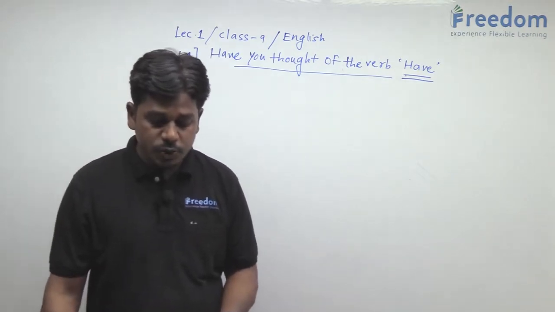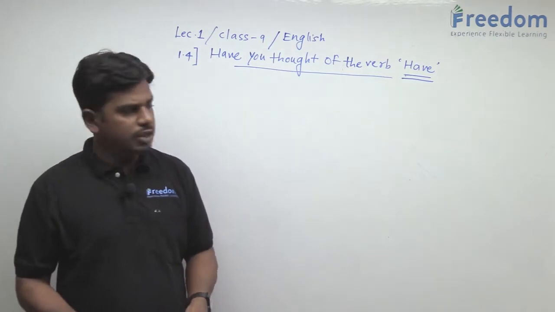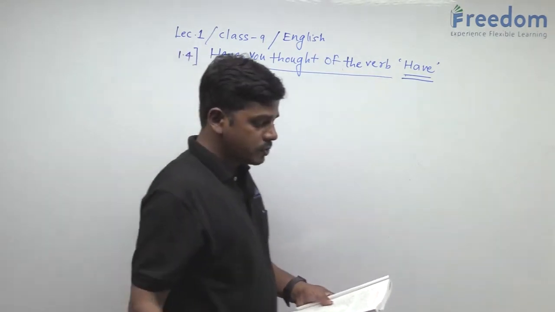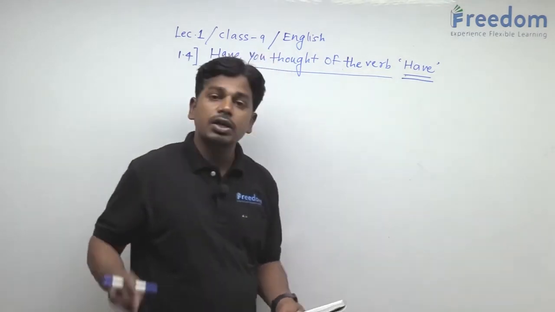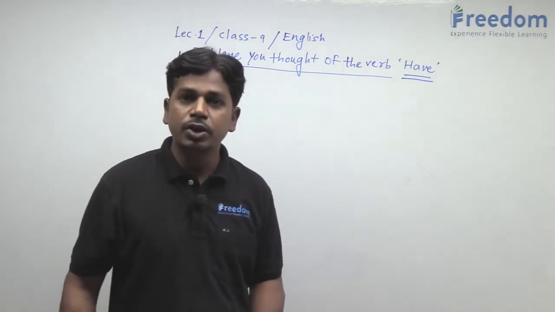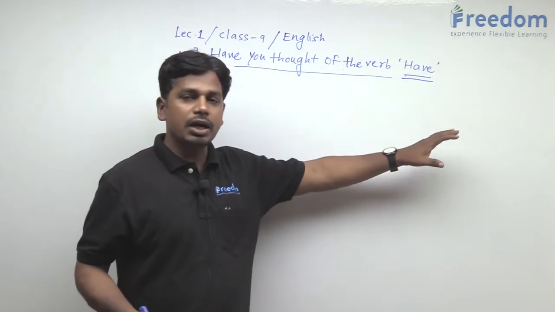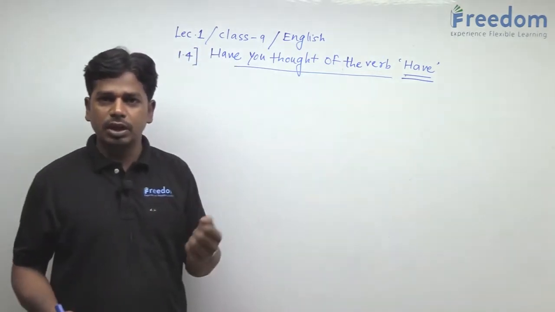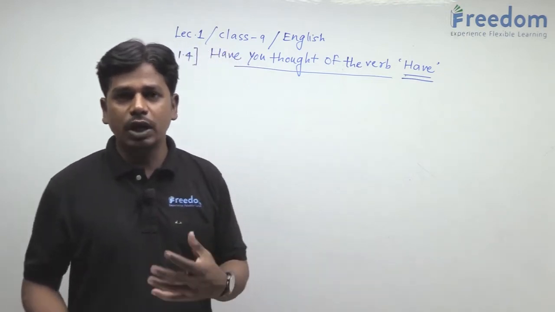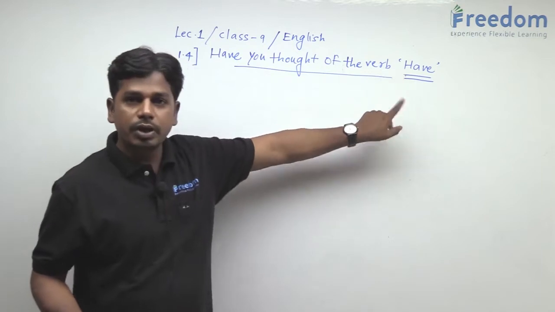So how many times do you use the verb have in your conversation? So it begins with how many times do you use the verb have in your conversation? So हमारा जो conversation है, जो हमारी जो बातचीत है, in that conversation we most of the time क्या करते हैं, that I have this thing, I had that thing. So when we say this one, तो क्या होता है कि इस वर्ब का इस्तेमाल हम इन वेरियस वेज में